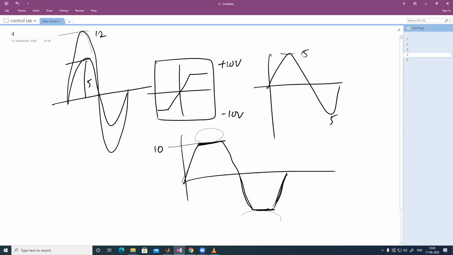So if you are using a linear system, this amplifier is like this. So it can amplify anything. If 12 volt is given, 12 volt output will be obtained here. But in between a saturation block is added, so the linear property is not there. So this is the second nonlinearity that is given in B portion.